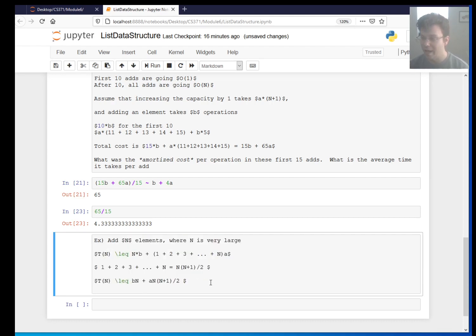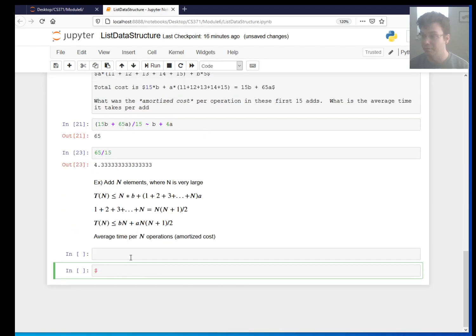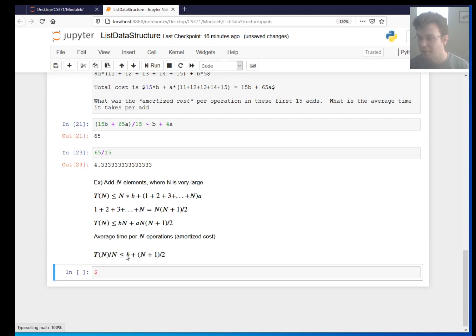So if we want to know the average time per operation, per n operations, this is the amortized cost, then we divide T of n by n. So we can say T of n over n is less than or equal to b plus a times n plus 1 over 2. So we can actually see amortized costs,